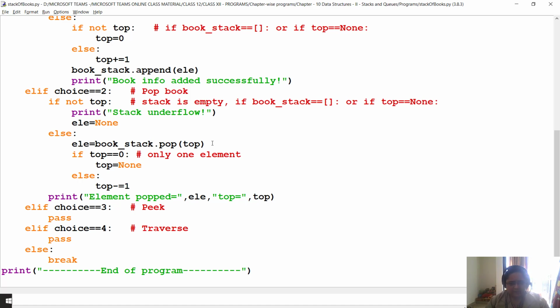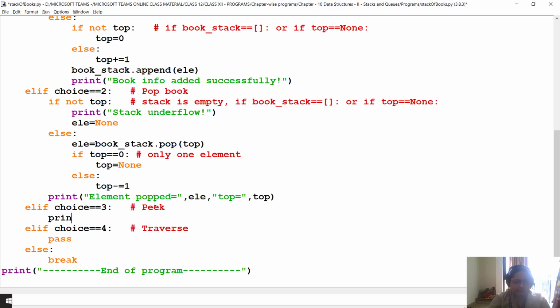If top is 3, that is the last element, because it follows the LIFO rule, that element will be popped. And if there is only one element in the stack, it means top is 0. So once it is popped, top will be set to none. Otherwise, top will be decremented by 1.